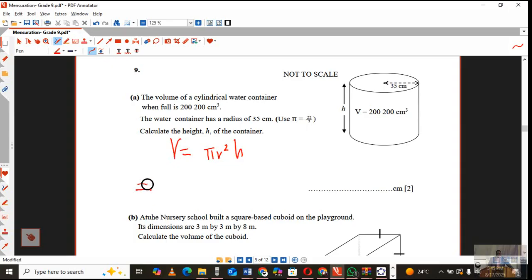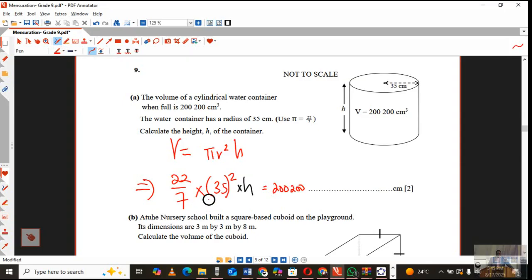We know that pi is 22/7. We know the radius is 35 squared, and an interesting thing is that 35 and 7 are multiples of each other. 35 is a multiple of 7, and we need to find the height, and the volume is given to you as